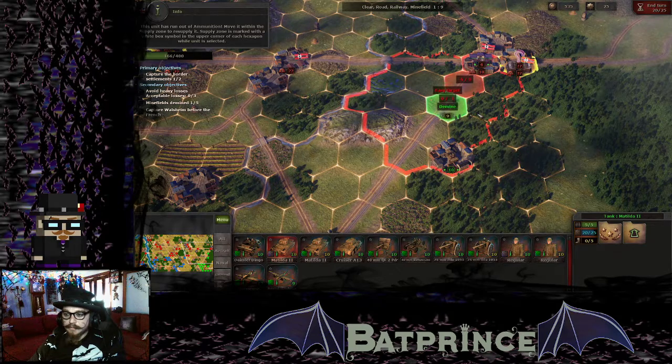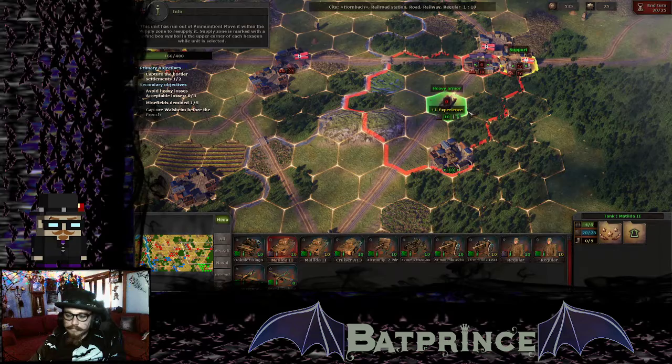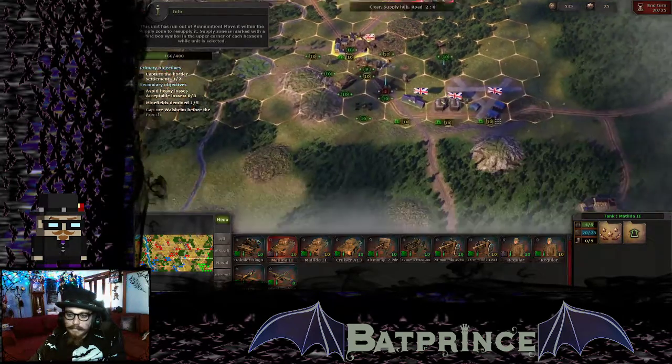has run out of ammunition. Move it within the supply zone to resupply it. Supply zone is marked with a white box symbol in the upper corner of each hexagon while the unit is